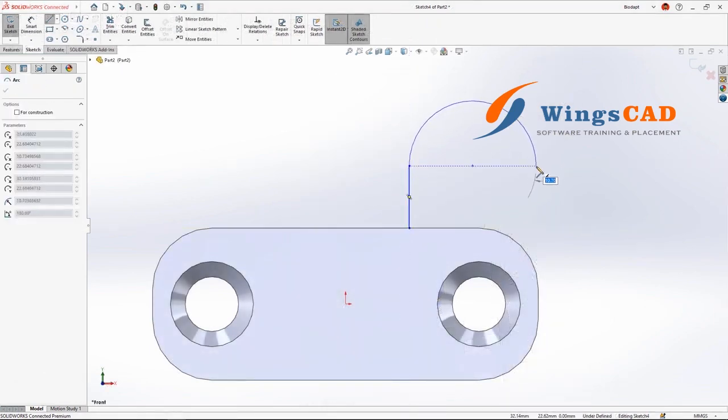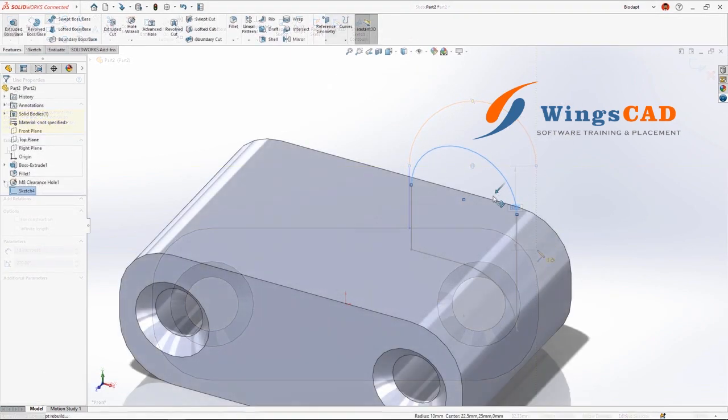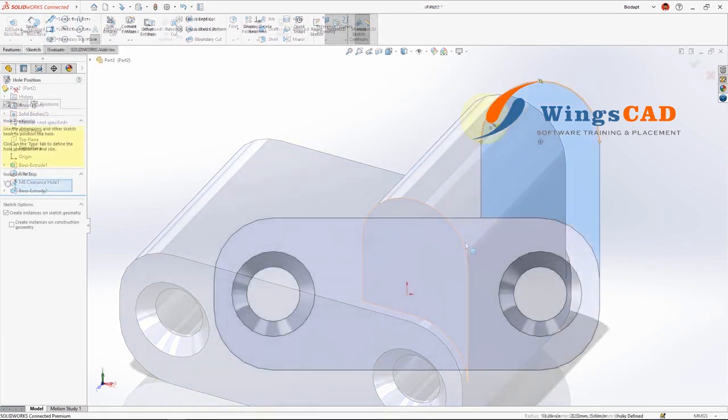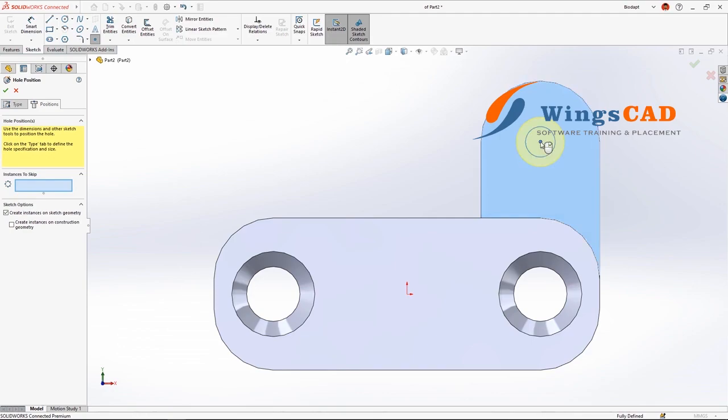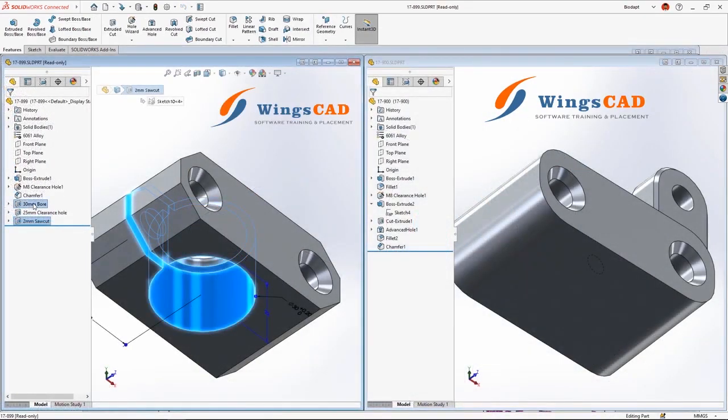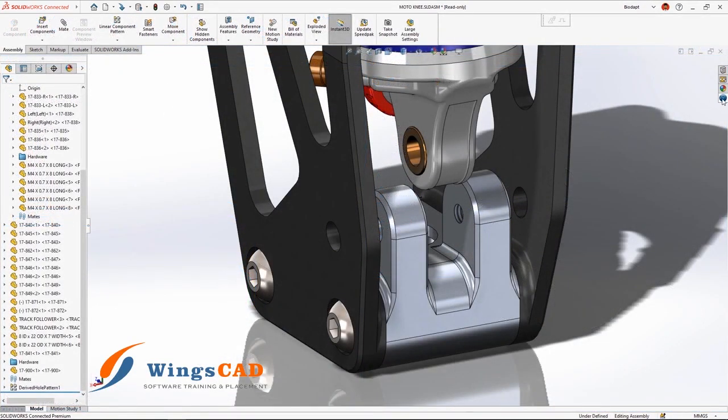SolidWorks makes this simple and straightforward. Even the most complex ideas are easy to realize with access to instant feedback and standard tools like the Hole Wizard, an extensive library of hole types built right in. SolidWorks enables you to not only modify design dimensions, but also reuse geometry with a simple drag and drop, a